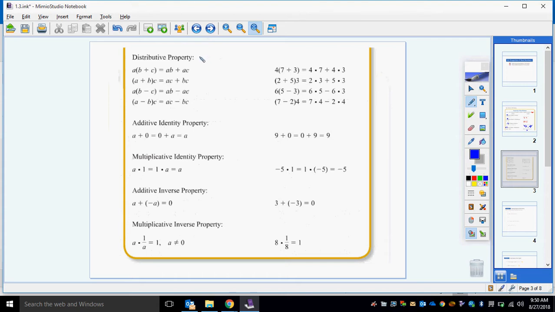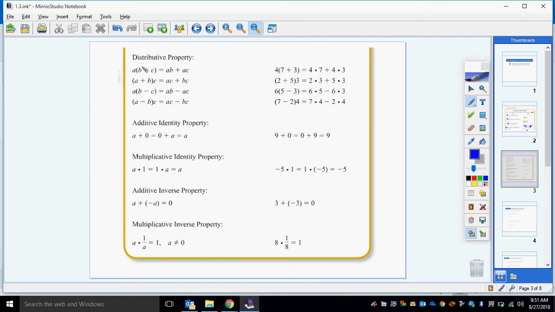Continuing on, we also have distributive, and you've seen distributive before. It's when we are adding or subtracting inside of our parentheses, and then we're multiplying on the outside. We're multiplying whatever we added or subtracted with the outside number. So that multiplication could be on the front, it could be on the back, it could be addition in the parentheses, or it could be subtraction. What this is saying is